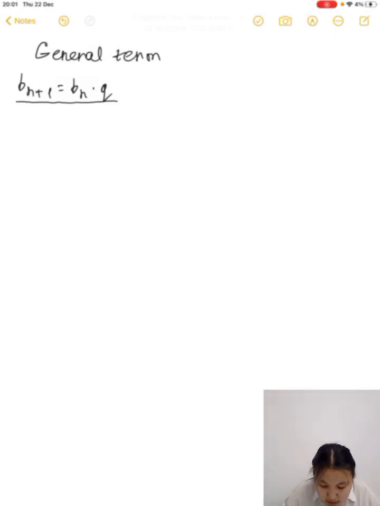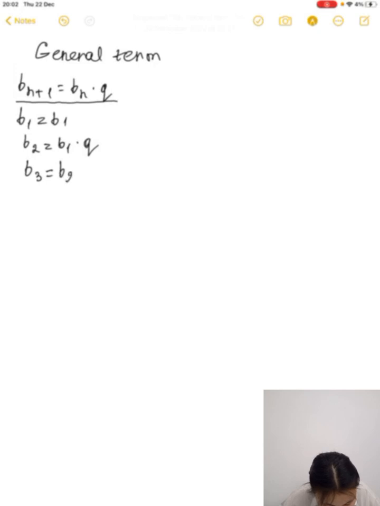Let us write a few terms. b sub 1 is equal to b sub 1, and b sub 2 is equal to b sub 1 multiplied by q, and b sub 3 is equal to b sub 2 multiplied by q, is equal to b sub 1 multiplied by q